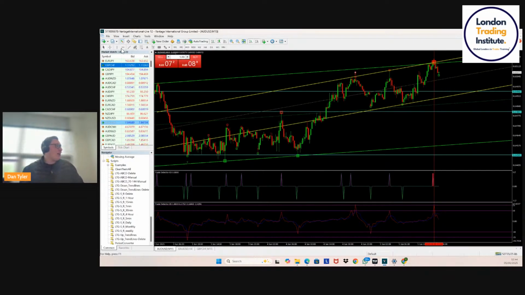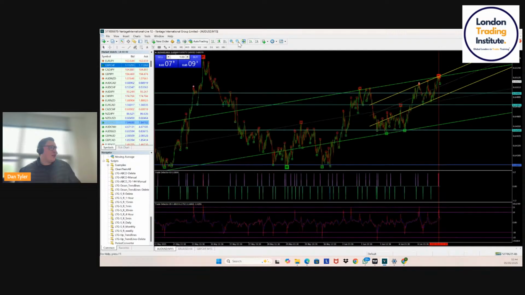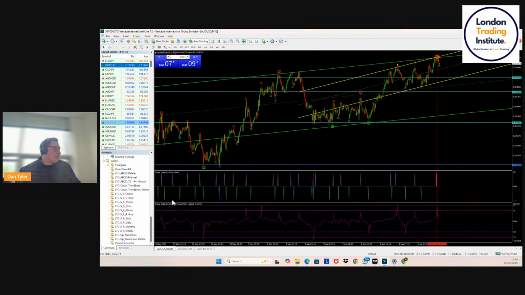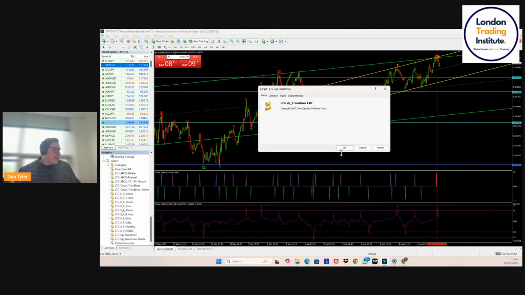Rather than trading the bounces here and here and being really monotonous, right? If this market were to start to move to the downside, well, you can get in right at the start and ride it all the way to the bottom. So this is one element that we're looking for. We've got channel support, channel resistance here, sorry. We've got all of our trade detector signals aligning with each other. We can zoom out and we can even put in our trend lines.